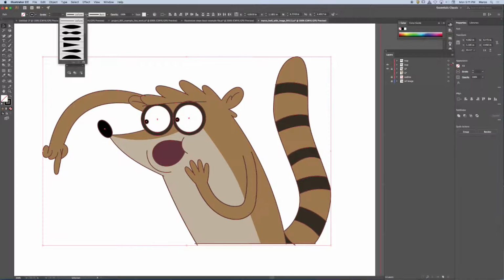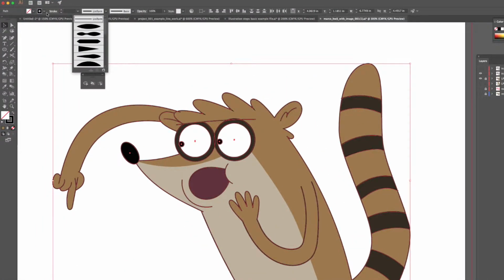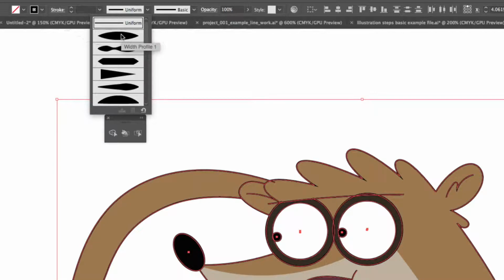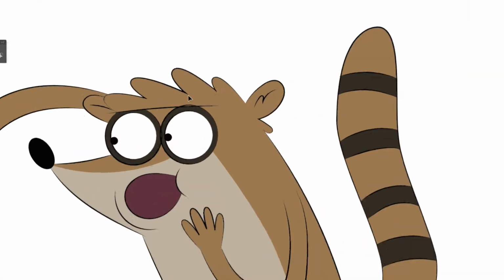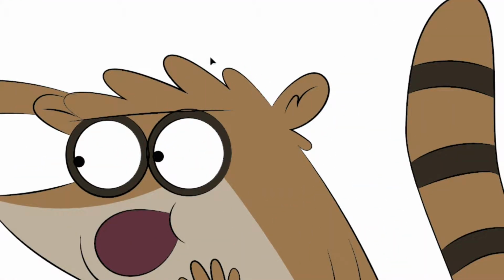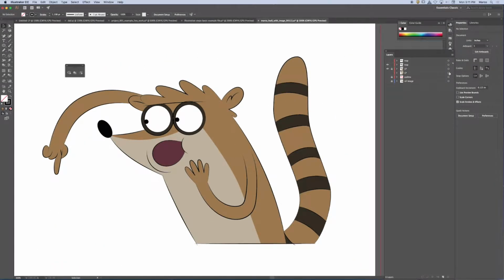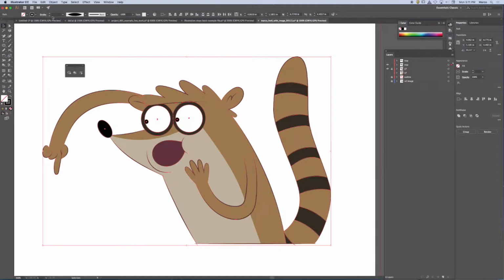You know, I could go to the stroke and apply a profile with a calligraphy-like line. And now you'll notice that it sort of has that expressive quality along the edge of the cartoon. So what I would suggest is, if you're still working on the cartoon, which I think is due this week,